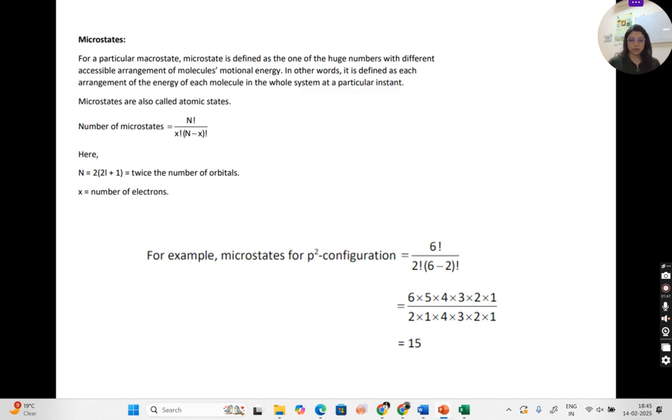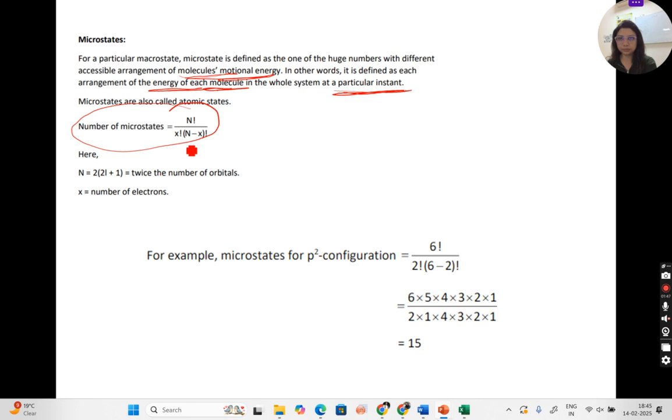So moving forward with a new topic, which is microstate. This is a very easy topic. A microstate is defined as one of a huge number of different accessible arrangements of molecular motion energy. In other words, it is each arrangement of energy of each molecule in the whole system at a particular instant. How can we arrange? And it is also given with a formula,